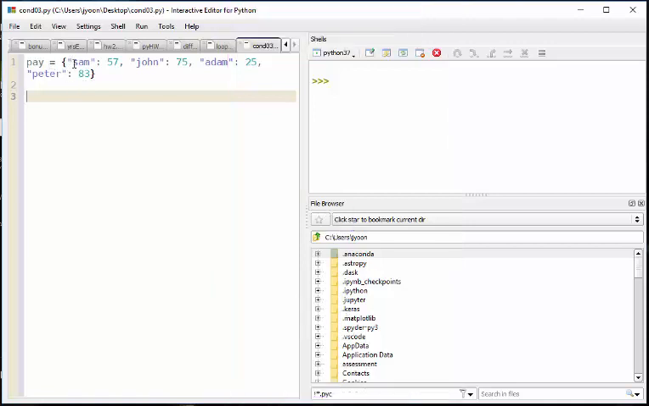Let's say there's a pay. Sam's pay is 75, John's pay is 75, Adam's pay is 25, Peter's pay is 83. Given that dictionary, we can check conditions. Let's say name, pay. I want to say Sam. If Sam's pay is greater than 50, then I would say